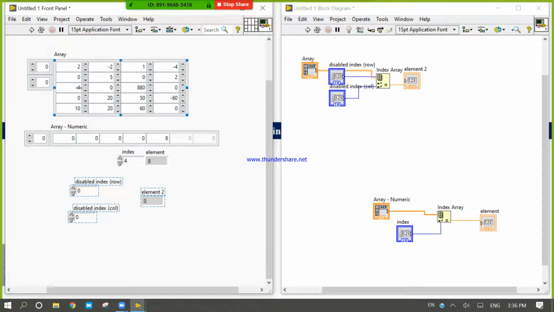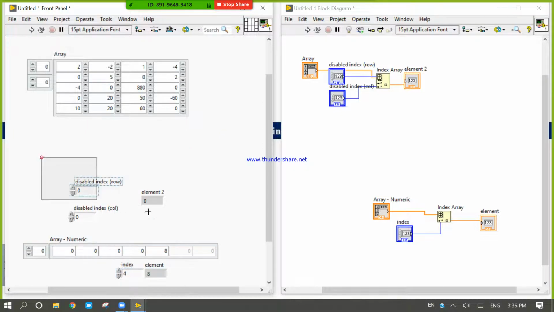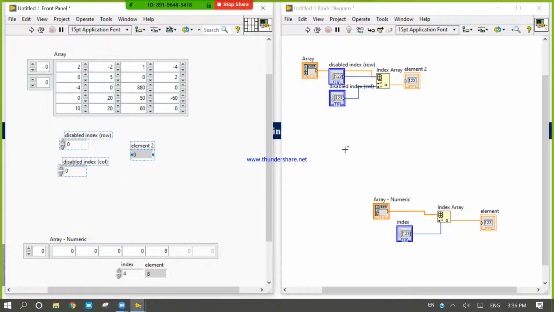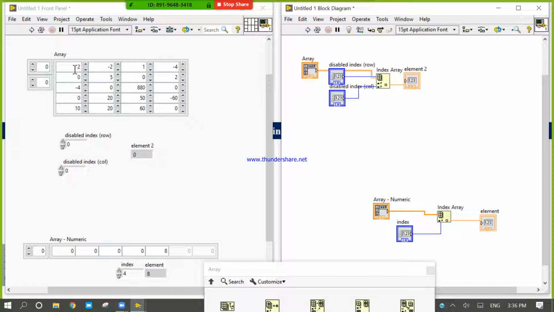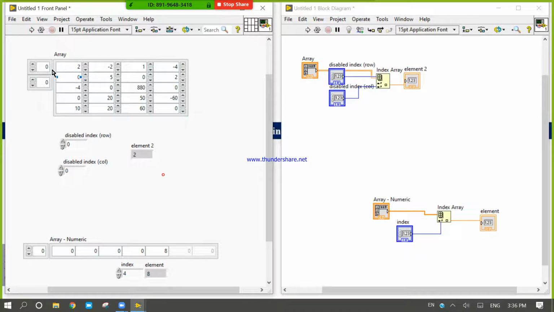Let's see, we will take the output for this setup from this platform. Wait, I need to select all, drag it. Now in this condition 0 cross 0, I will get value 2, element 2, because row number 0 and column number 0. Let's see what happens if the column number is 1 and row number 0, so I will get this -2.